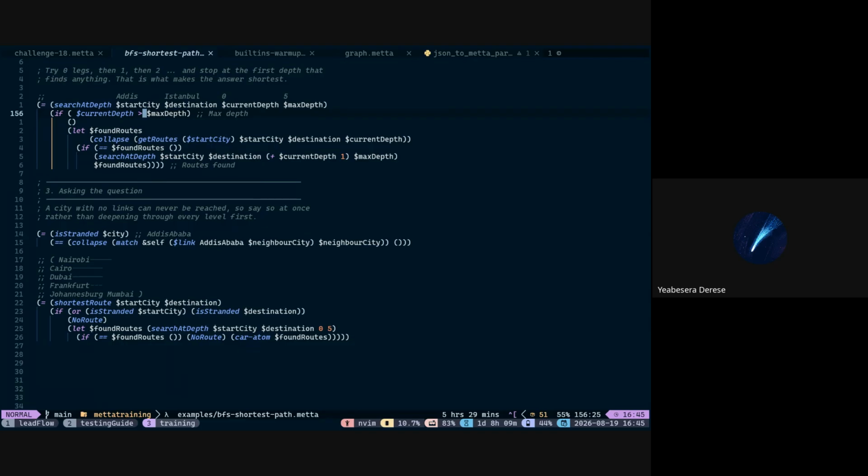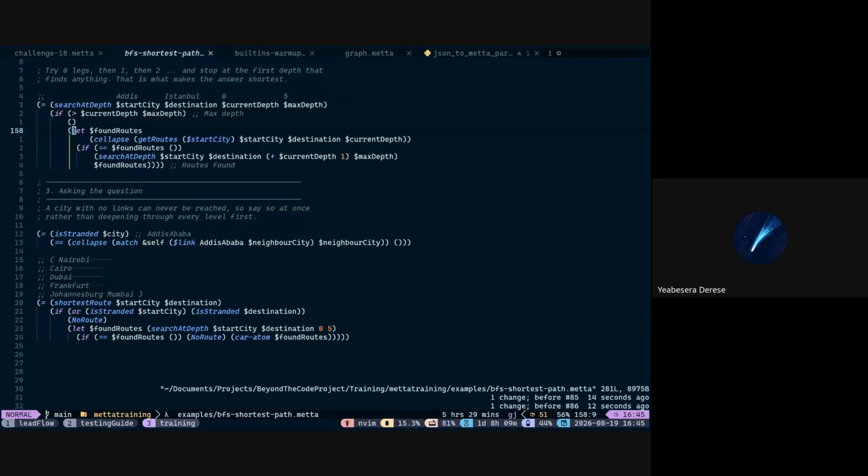I hope you are familiar with this way of representation by now. MeTTa uses a prefix notation. So we put the operator at the beginning of the function call, no matter what operator we're using. In another language, this would be the equivalent of putting the greater than symbol right here. So we're basically checking if the current depth is greater than the maximum depth. But clearly in this case, that's not true. So we're going to jump over this and go to the else case of our